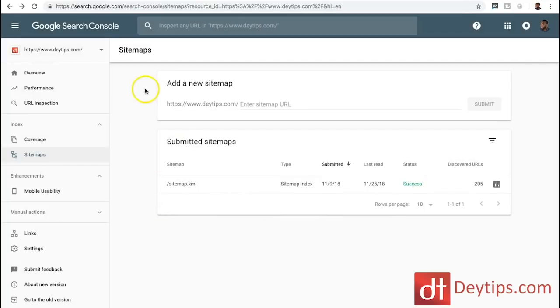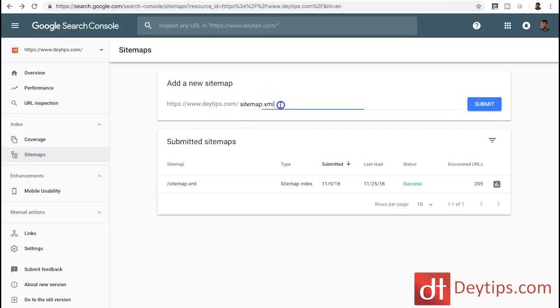The next thing you're going to want to make sure you do is come down here to where it says sitemaps and click on that, and it will show you this page. Now, luckily enough, with Squarespace, you already have a sitemap page. So whatever the URL of your Squarespace site is, all you need to do is add here sitemap.xml. Now that's going to be the URL to your sitemap, and as a Squarespace user, you literally just need